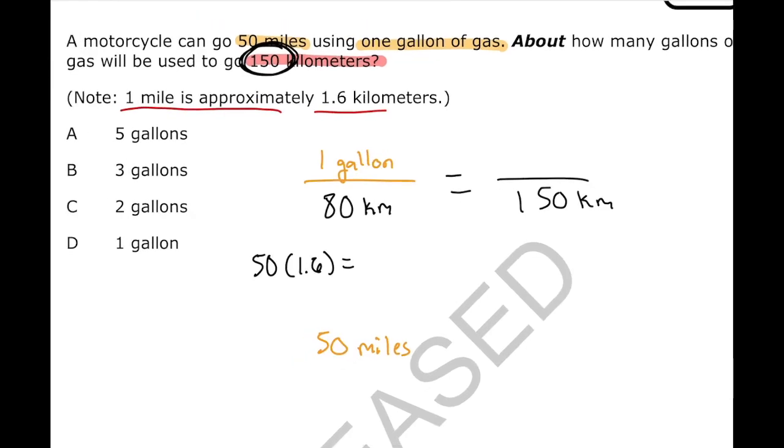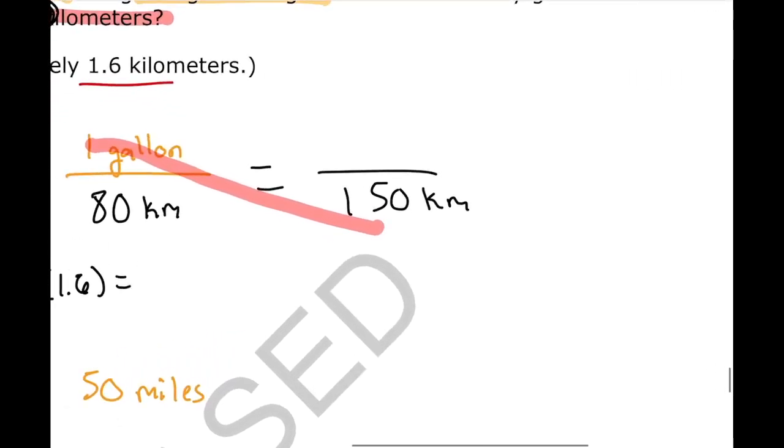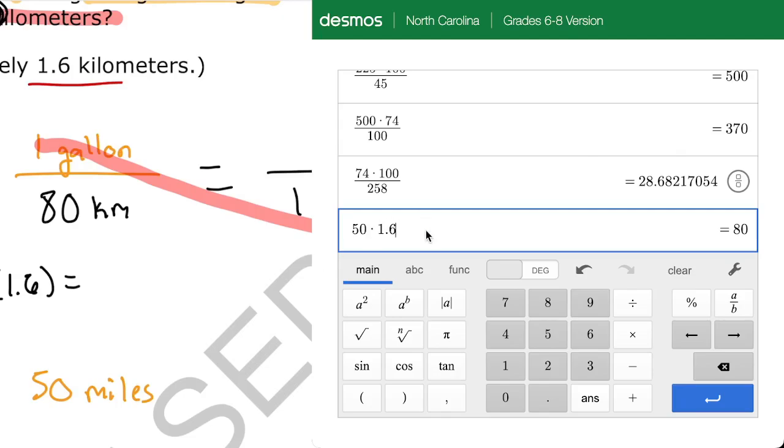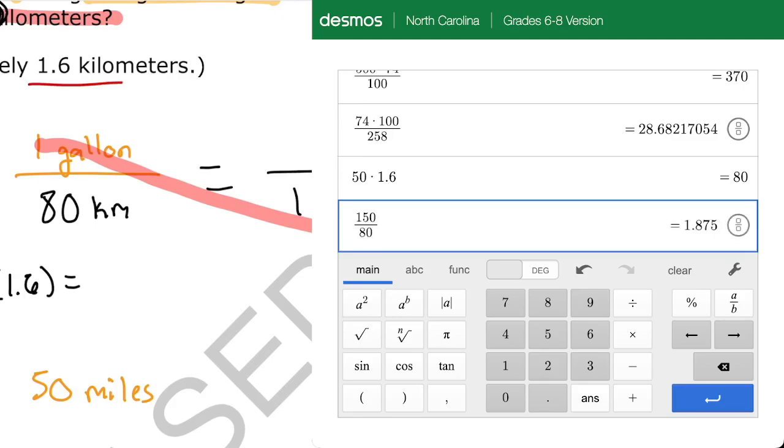If I say 1 times 150 and then divide by 80, let's just see what we get here. 1 times 150 is 150, and 150 divided by 80 equals